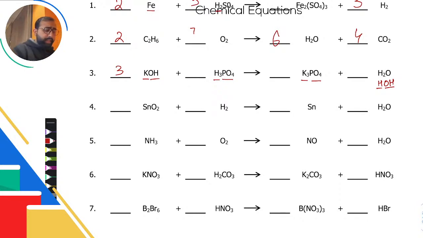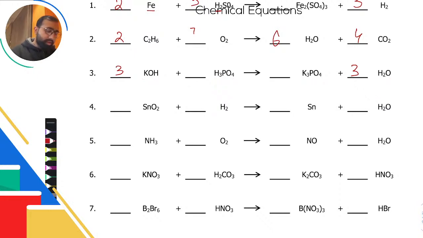Similarly, on the left side, I have 3 hydrogen. Now, you might be surprised because you also have hydroxide. So I'm not considering that as O and H. I'm thinking of that as just OH, hydroxide together, a molecular ion. So I have 3 hydrogen here, and how many on the right side? If you look over here, that is 1 because I have hydroxide as well. So I'm going to write 3 there, 1 here, that is 3. And the interesting part now is that OH is automatically balanced. I have 3 OH on the left side, 3 on the right side. It is perfectly balanced and my equation is done.